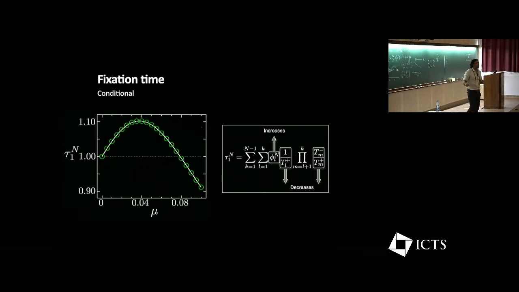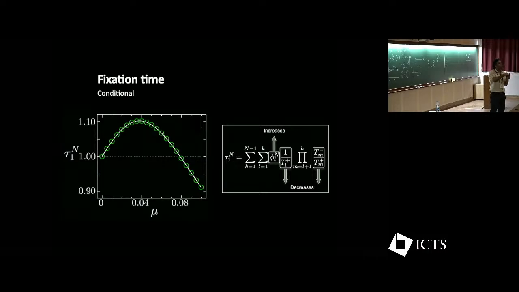And there is an intuitive reason for that, because when you look at the formula for the conditional fixation time, it has these components in which you have the fixation probability, and independently you have the transition probabilities, which are also shown. And what happens is that your fixation probability definitely increases, right? Because you're moving your bias towards there, and your fixation probability says that there is a very high likelihood I would fix. But your transition probabilities, which appear in two places, are actually decreasing because your T plus,